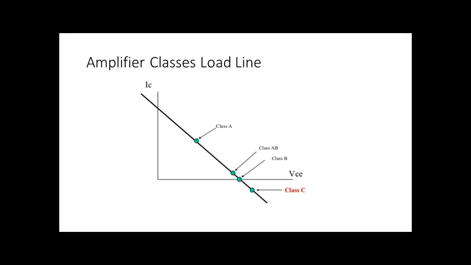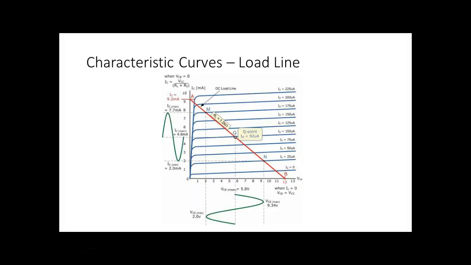If we bias this way, it's going to be biased towards saturation. If we bias this way, it's going to be biased toward cutoff. And what that means is it's going to limit your input signal. So that means if I biased it down in here,